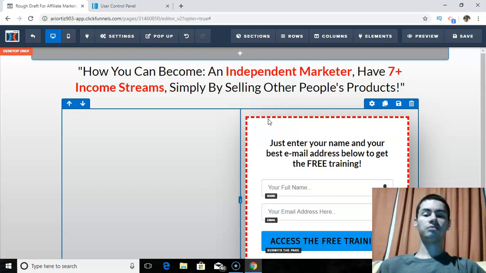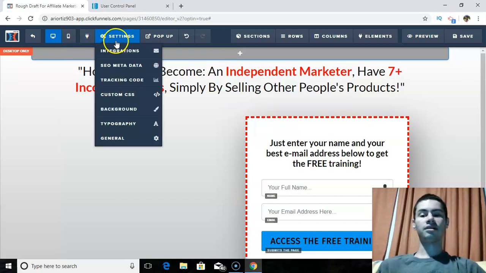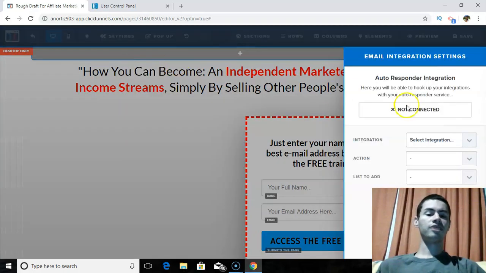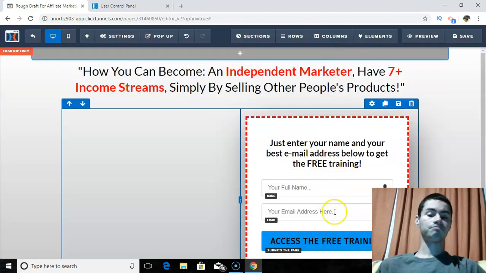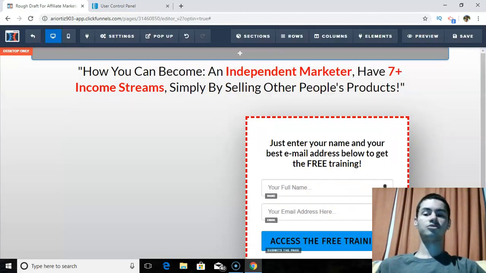And all you'd want to do from here is you just click on Settings, Integrations, and before you actually integrate with Aweber, I do want to mention one thing. This is actually very important that you really take note of this. In order for this to work, once you have this integration set up, when someone enters their name and email, if you are adding them to a list of some sort,